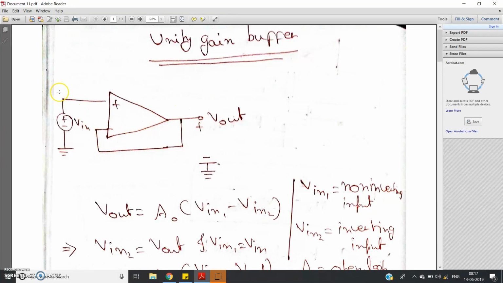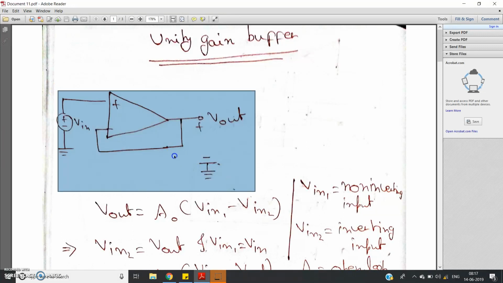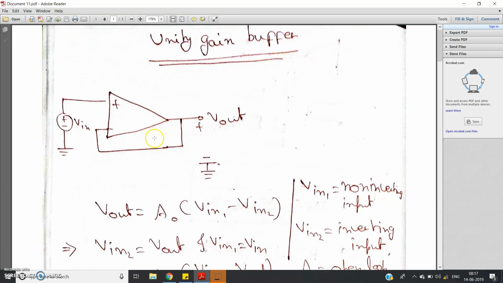Okay, so see, this is the unity gain buffer circuit. Obviously from the name itself it is clear that this amplifier has a voltage gain almost equal to 1, so it is called a unity gain buffer. Obviously in the op amp we are considering two pins, positive and negative. In the negative pin we are giving the feedback, but see, the feedback is short circuited with the output side. So we can say that the voltage arriving at this negative pin is nothing but V output, because we are short circuiting this,